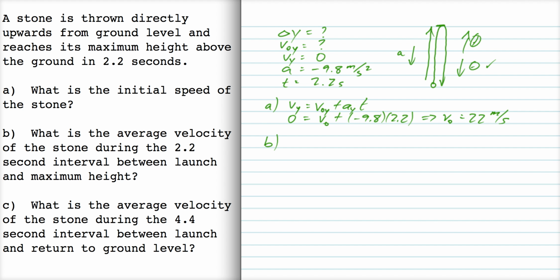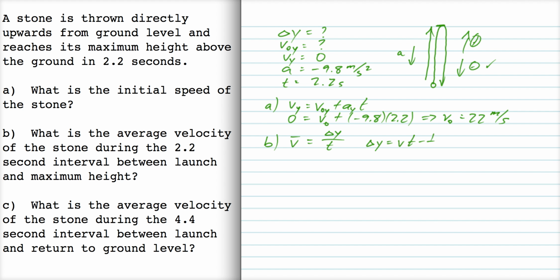Now for part B, it's asking what's the average velocity of the stone during that 2.2 second interval. Right? It's not asking for the final velocity or the initial velocity, but the average velocity. There are 2 ways to get that. Maybe the easiest way is to use our average velocity equation, which is that the average velocity is equal to the distance, or the displacement divided by time. We can get the displacement